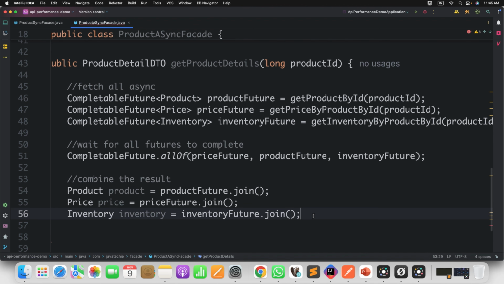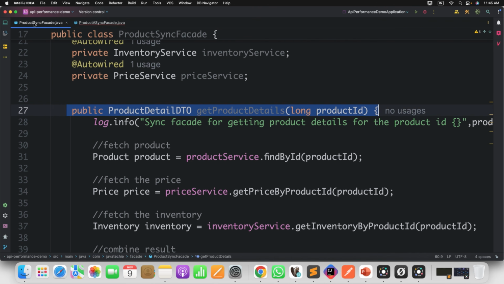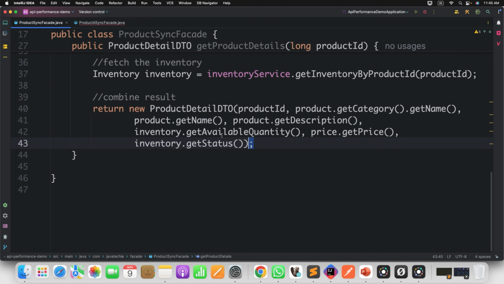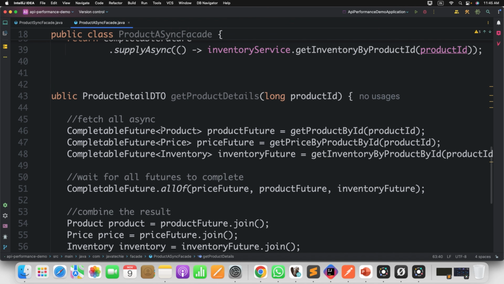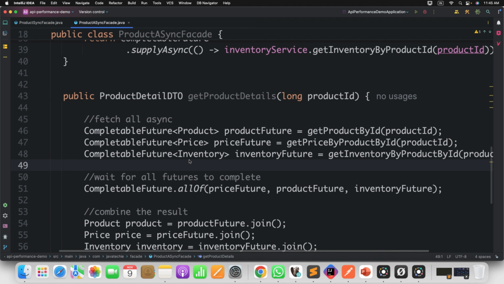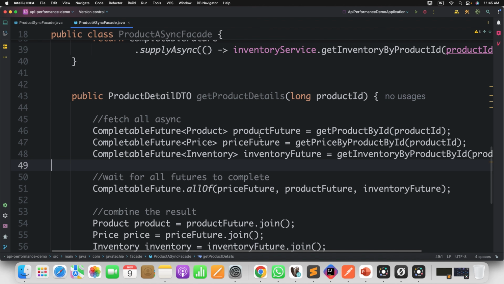Now once you get the result, just do one thing: build the combined result, or consolidated result, and return. So I can use the same constructor, right? I can copy this. Okay, all good. So what we have done here, we have created three different CompletableFutures to execute the task